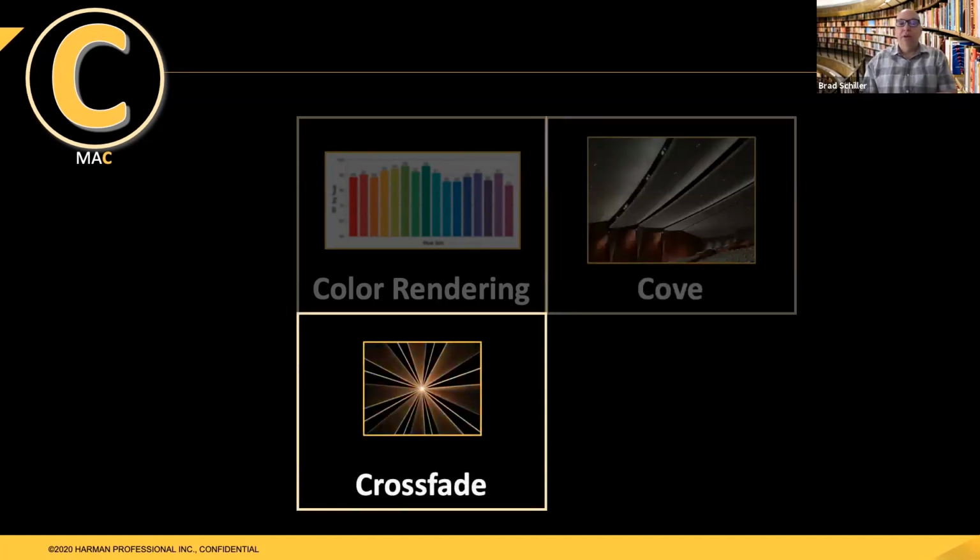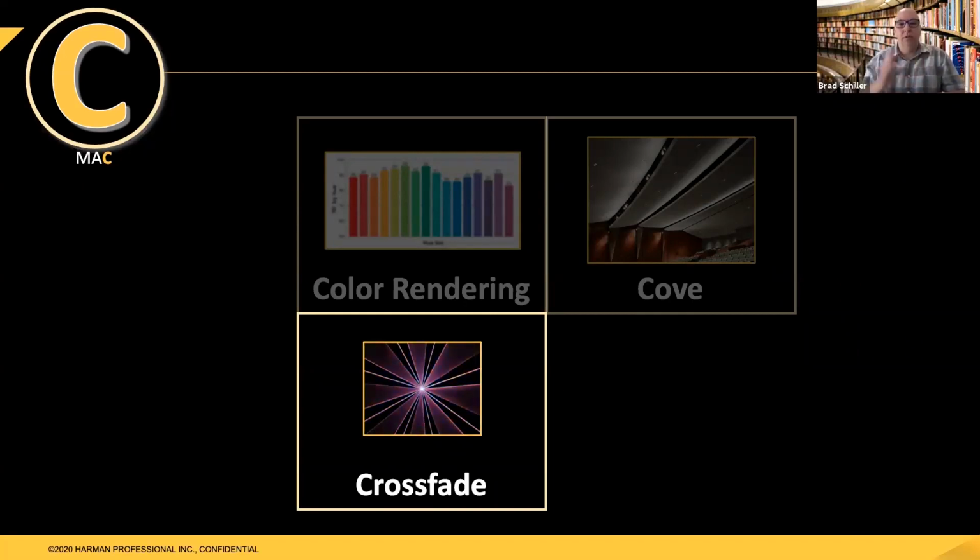Crossfade is a very, very common word. It's something we do on every lighting production in some way or form. It's the act of progressing through various DMX values to alter a parameter over time. So if I'm crossfading a fixture from 0 to 100% intensity over 5 seconds, the DMX values are increasing across those 5 seconds, and that change in time is called a crossfade.